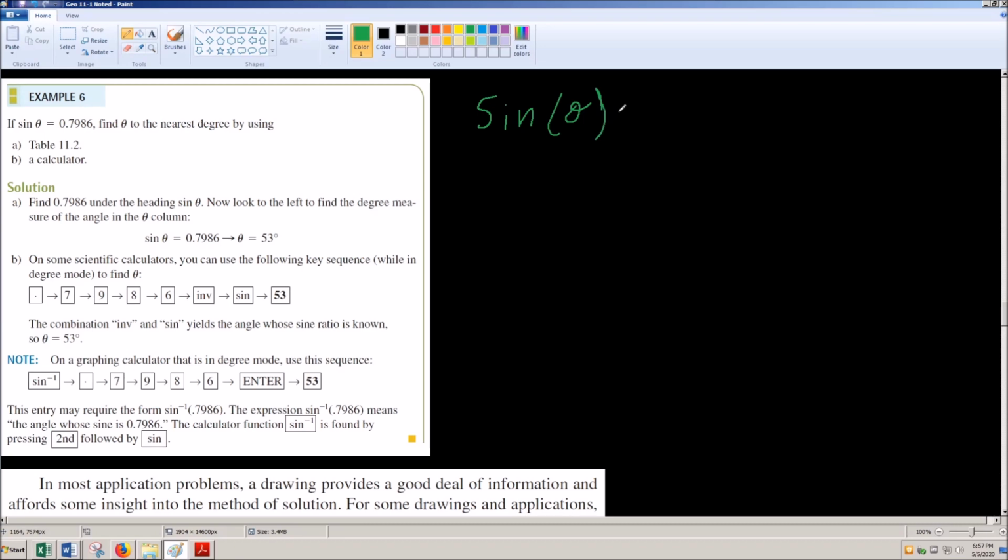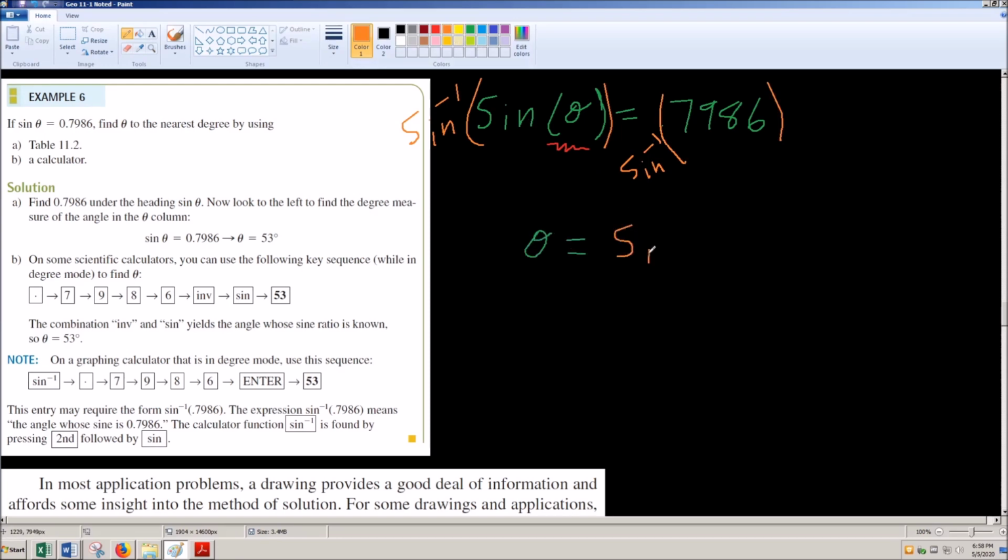theta equals 0.7986. This is the thing that I want to solve for. How do I unsine this thing? Well, what I have to do is take the inverse sine. A lot of people think of this like division. If you want to think of it like division, whatever helps your brain, but we're taking the inverse sine. When I do it to the left side, I have to also do it to the right side. So now I'm going to unsine this thing. I just get theta by itself, which is what I wanted, equals, and here's my inverse sine, which I'm going to tell you in one sec how to do on a calculator, of